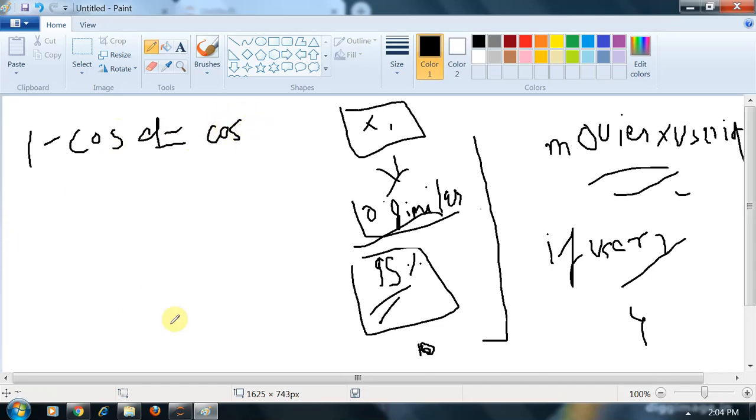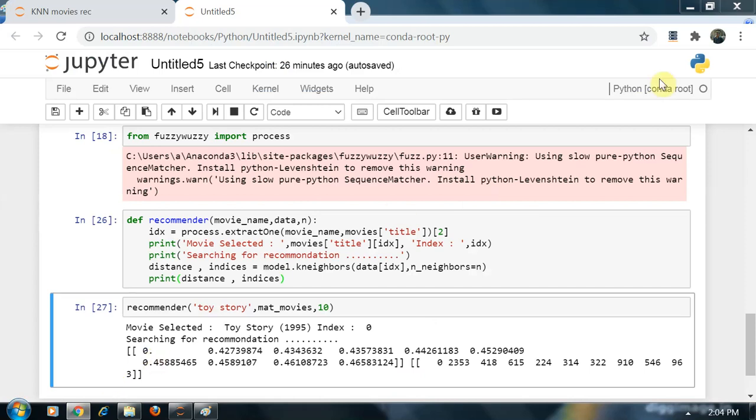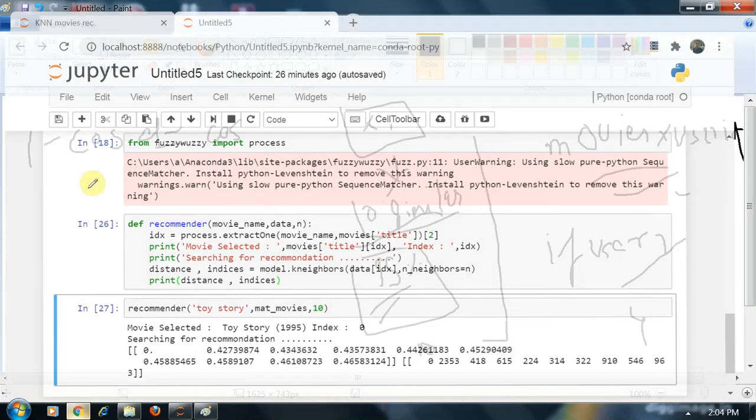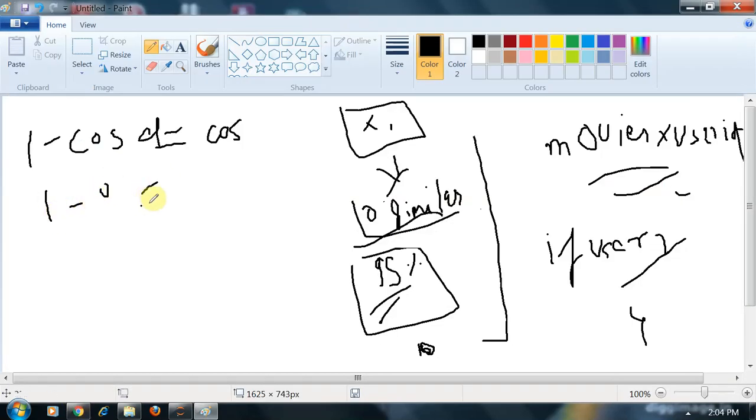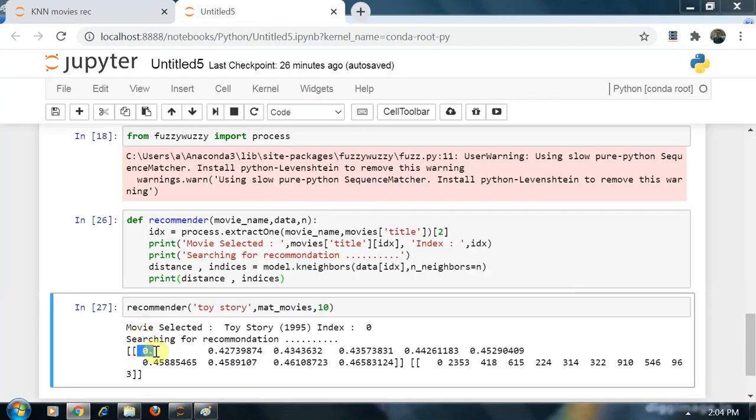So our first result is 0. So 1 minus 0 is 1, which means our cosine similarity is 1. So it is giving the 100% similar thing at the first index. Why?